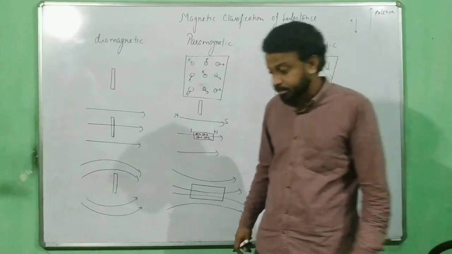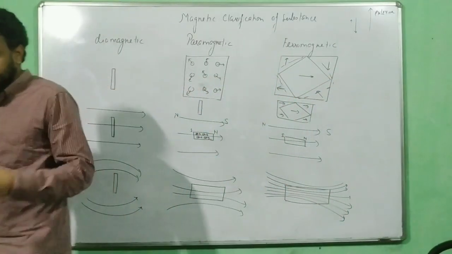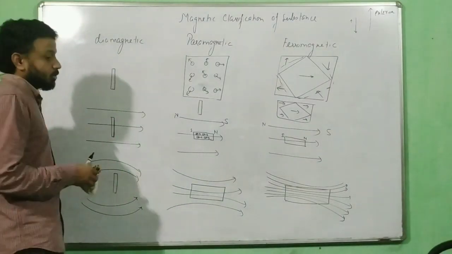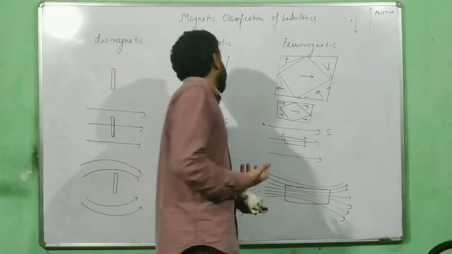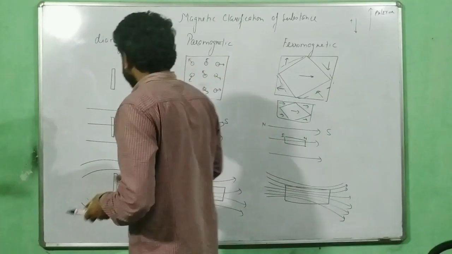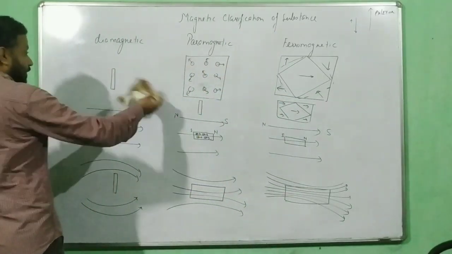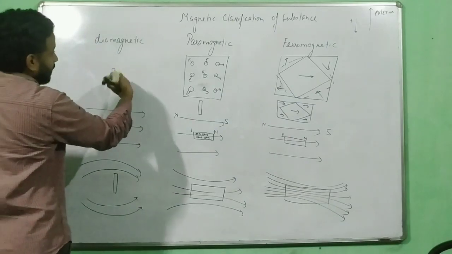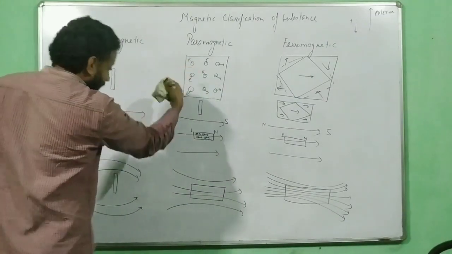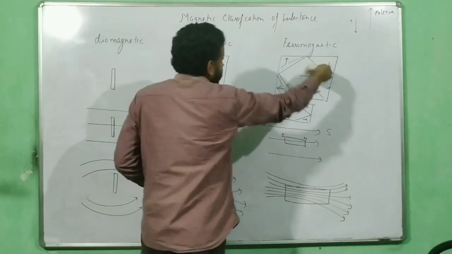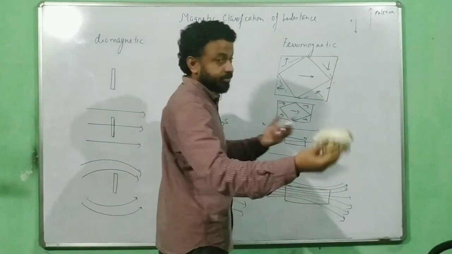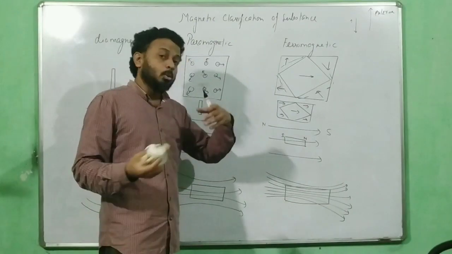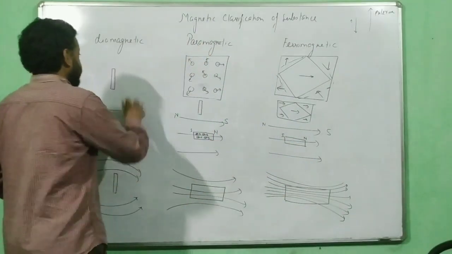Now let's talk about some definitions, something which we need to know now. So this is all about the atomic basis of diamagnetic, paramagnetic, and ferromagnetic substances. They repel, they attract, they strongly attract. Okay. No magnetic moment. Each atom has a magnetic moment, and then they align. Each domain has a magnetic moment, and then they align in two different possible ways. One is domain expansion, and the other is domain alignment. All will align in the same direction.